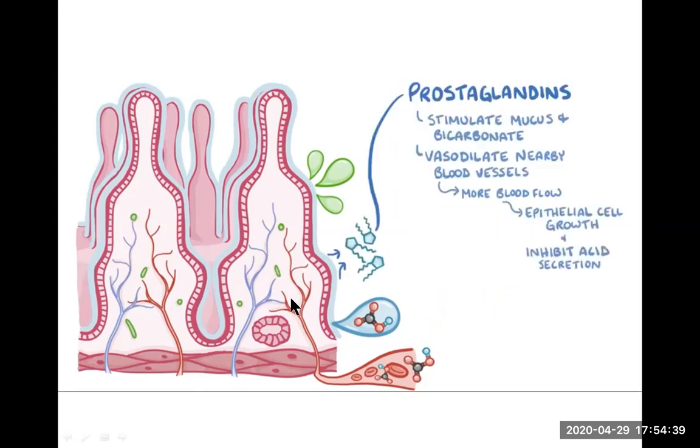And along with this, our stomach and duodenum will secrete these small signaling molecules called prostaglandins. These prostaglandins, which are the signaling molecules, will be secreted by the stomach and the duodenum, which will also stimulate the mucus and bicarbonate production. And their basic nature is vasodilatation. So they vasodilate the nearby blood vessels. That's how they bring in more blood flow, and it helps in the epithelial cell regrowth, and it also helps in inhibiting or reducing the gastric juice.